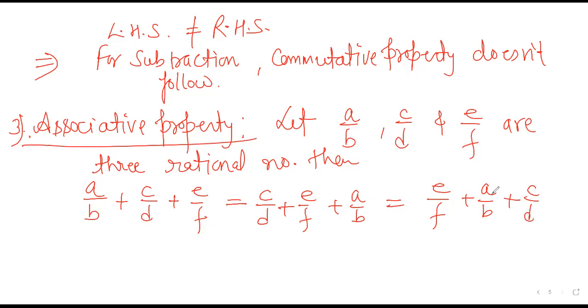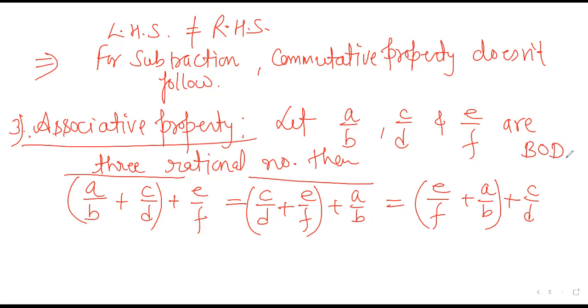Now, why am I writing this? Because I need to put down the bracket sign. So first, the first two numbers, if you add them, a upon b, c upon d, later on you will add e upon f. Whatever answer you get, it will be equal to the same thing, that after that you will do c upon d plus e upon f, later on you will add a upon b. Whatever answer comes here, both are the same thing. Now here, if you are adding, you know the BODMAS rule, that we have to solve brackets first, then of, division, multiplication, addition, subtraction. Everyone knows these things.